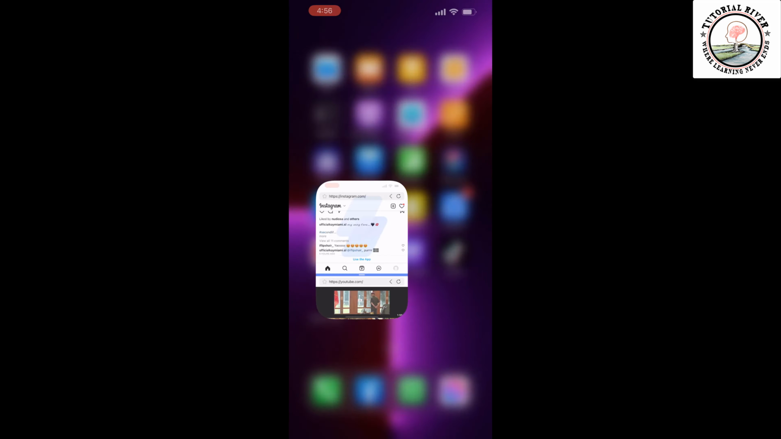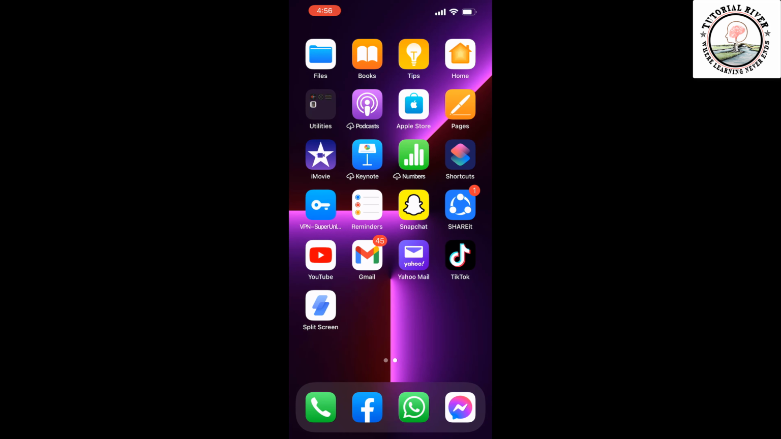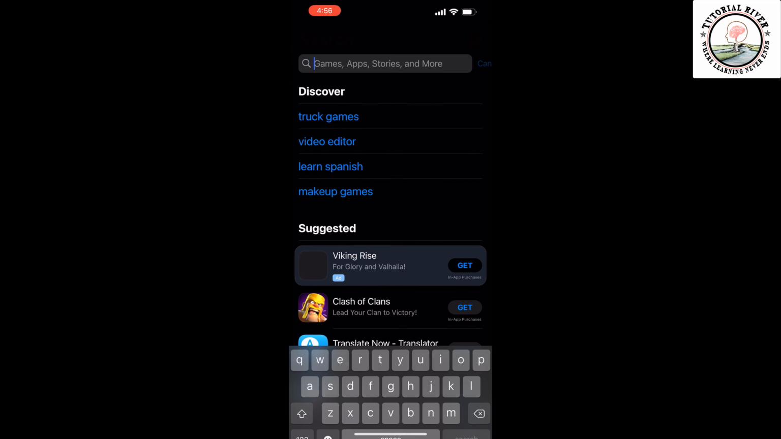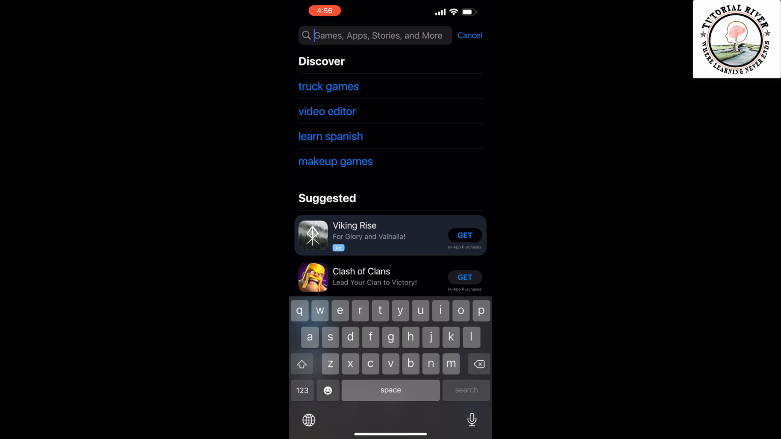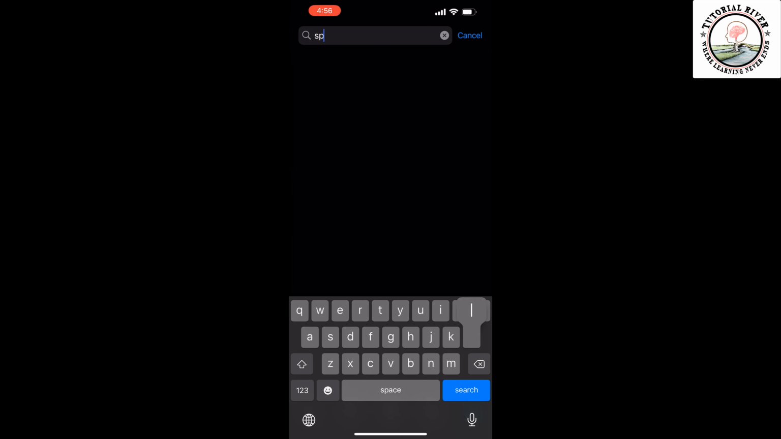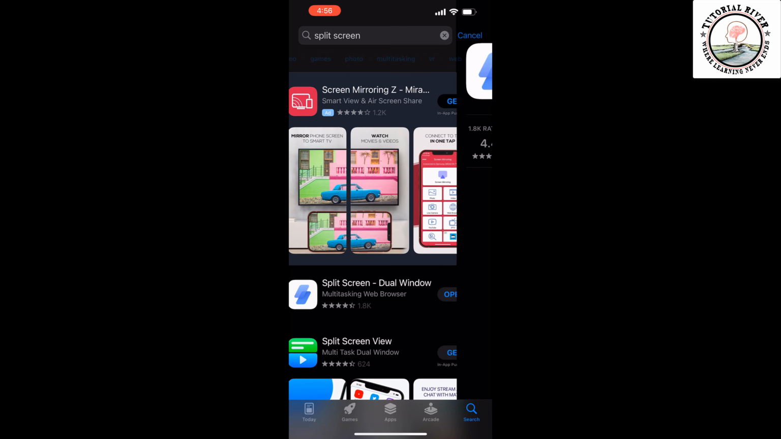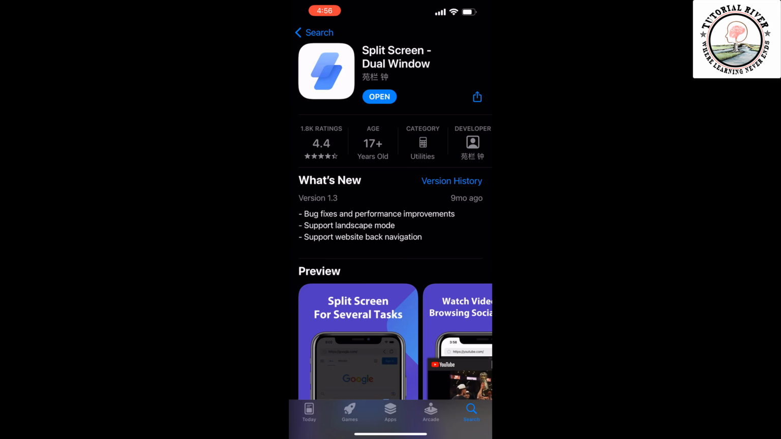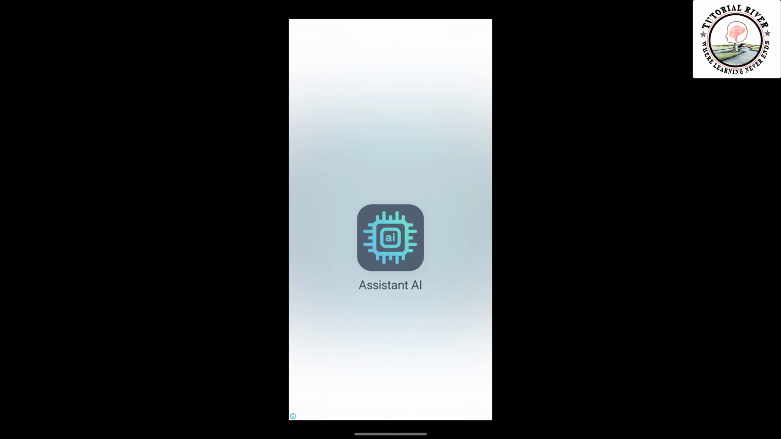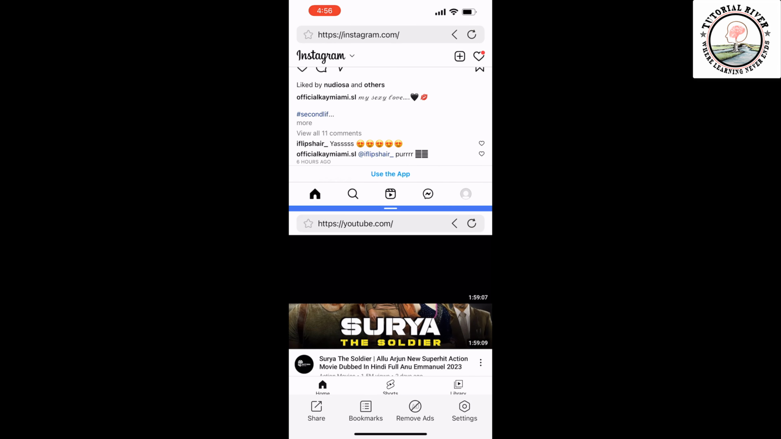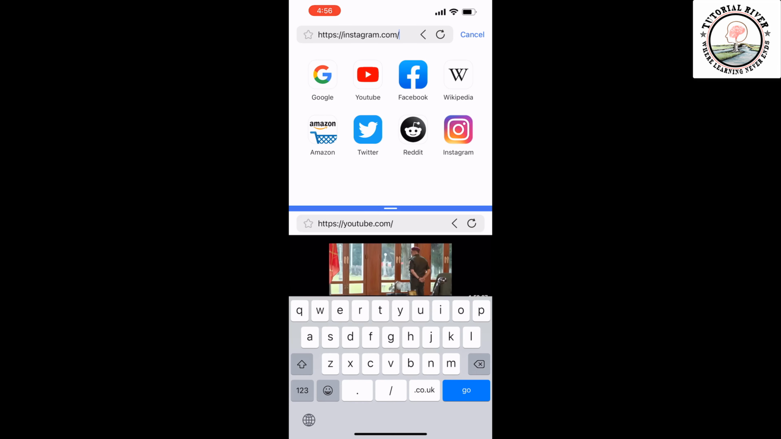You have to install this split screen app. So go to your app store and search for split screen and install this app. Once it's installed, open it and it contains ads. So close the ad and now tap on this URL, and from here now you can